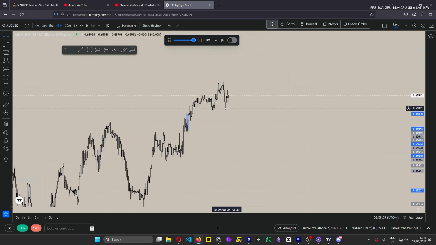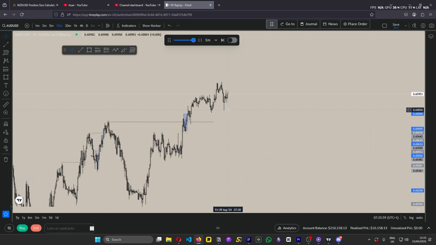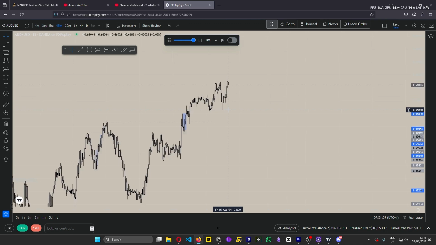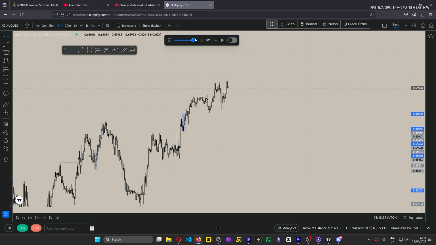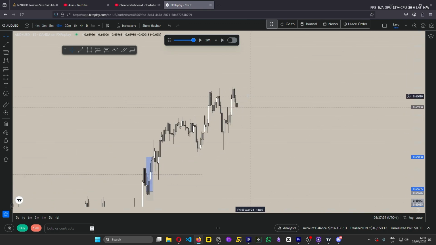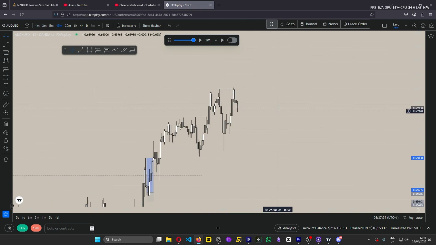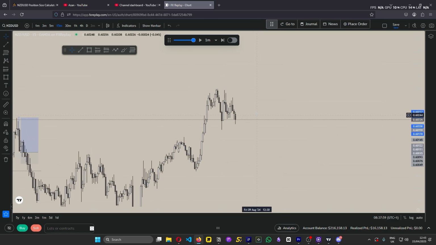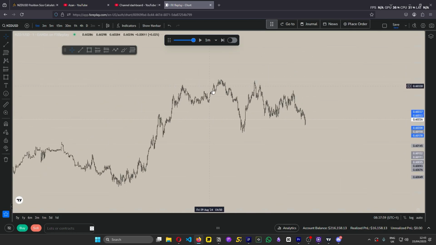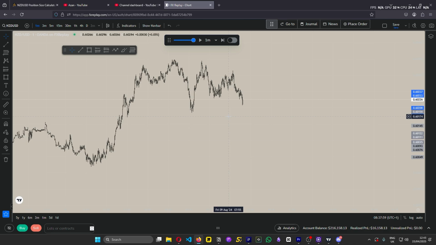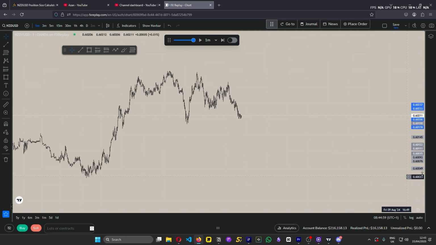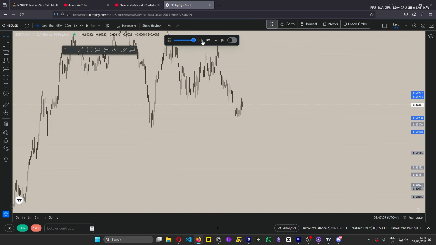I need to go to 8 a.m. Alright, it's 8 a.m. now. Let's see what we're doing. We've got equal highs by the looks of things, and on the daily, price failed to break above that head and shoulders pattern. We're trying to move lower. So I'm going to take a continuation moving down if we get any.